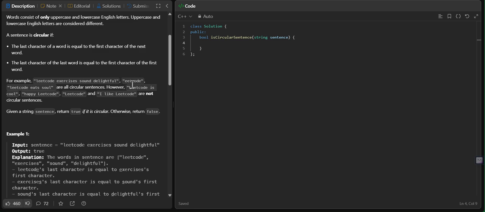Here in "eetcode" we have given only one word, but as the condition says, it is circular because the first character of this word is equal to the last character of that word. So it is a circular sentence. And also "leetcode eats soul": last character is equal to the first character, last character is equal to the first character, so it's a circular sentence. All are circular sentences. However, "leetcode is cool"